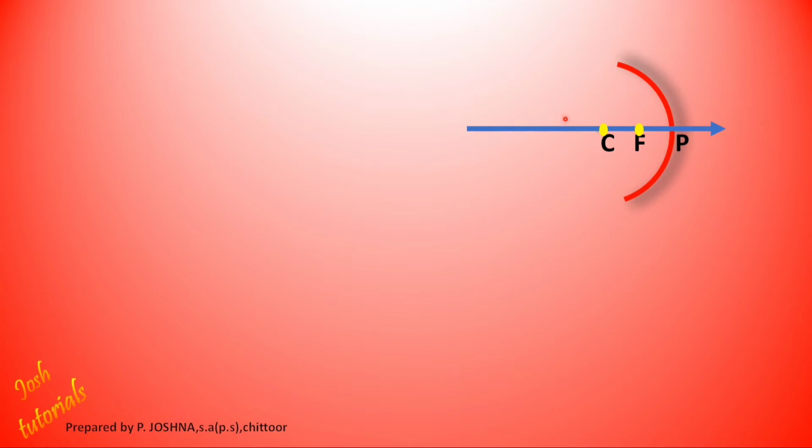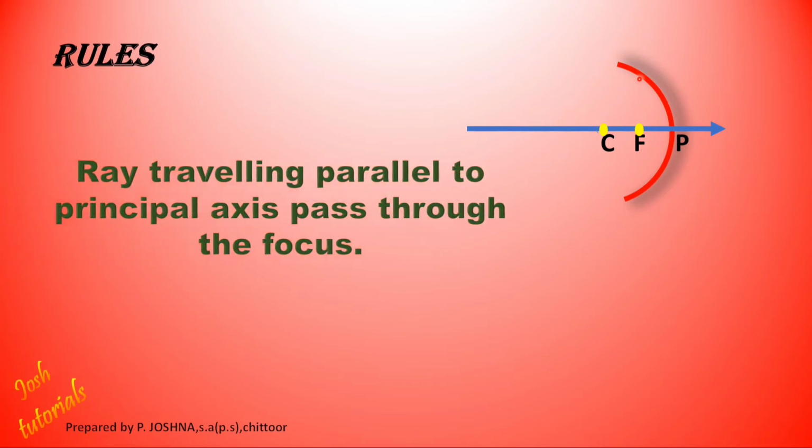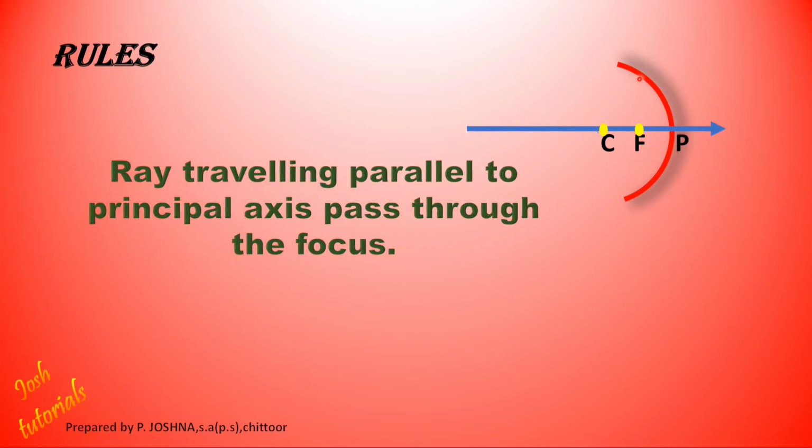To draw ray diagrams, just learn two simple rules. Rule 1: a ray traveling parallel to the principal axis passes through the focus. Any ray traveling parallel to this principal axis, this is the principal axis, if it is parallel to it, then it goes through the focal point. Look here, the ray travels parallel to this, then it goes straight away through the focal